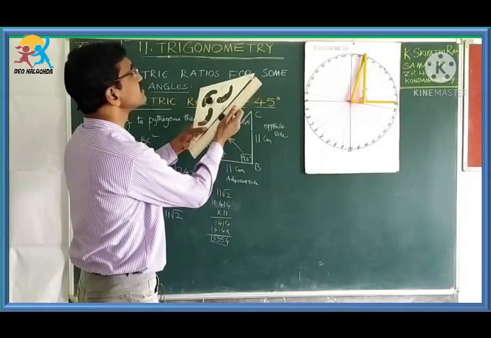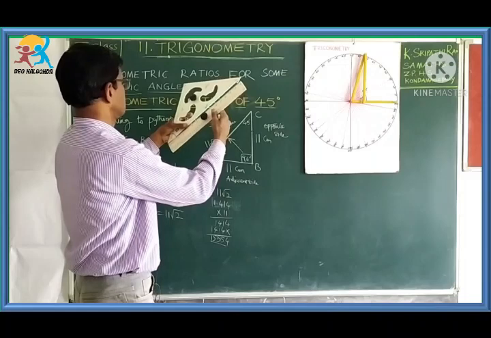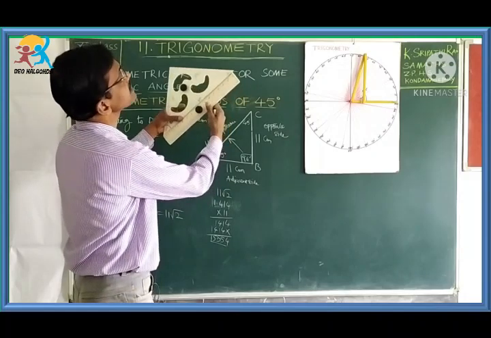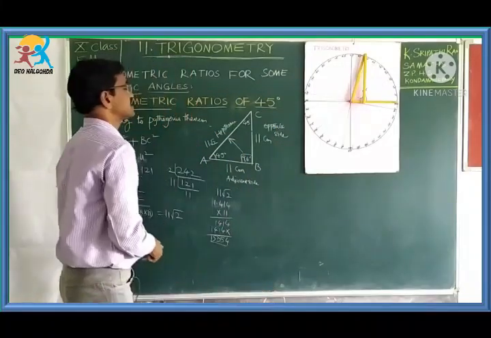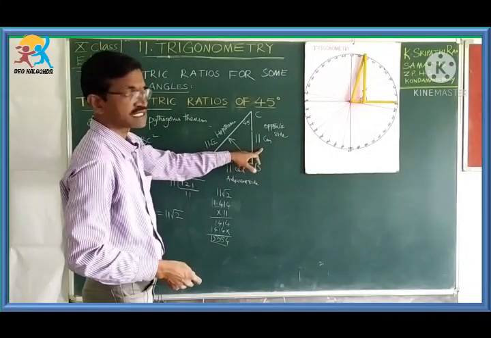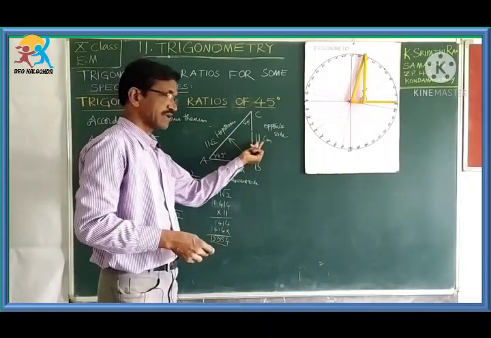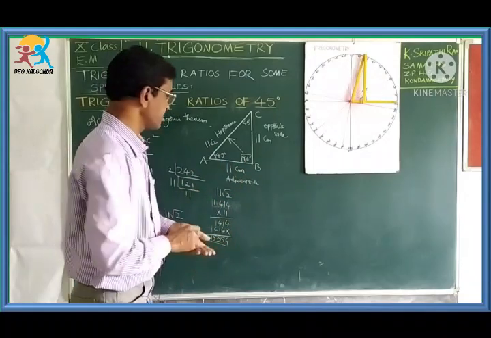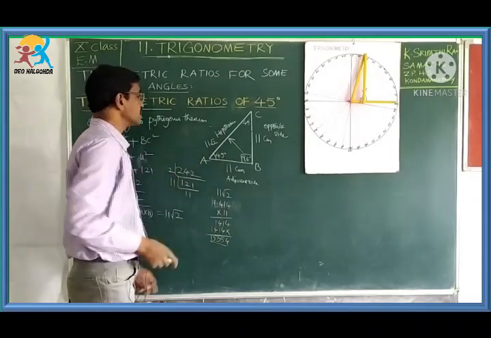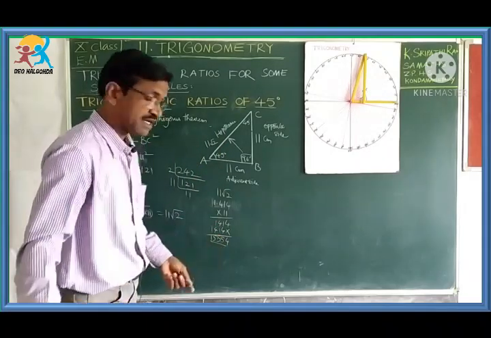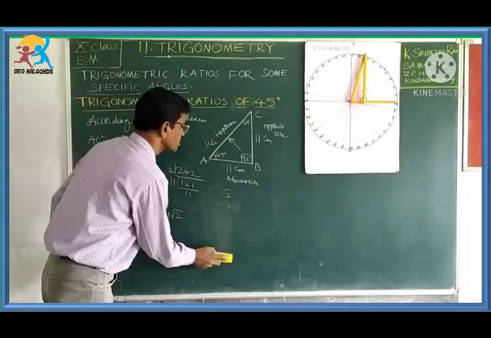If you measure this side, approximately it is 15 and another extra 6, 15.6. Here I have taken inches. Of course, you can take centimeters also. You can take either centimeters or inches, you will get the same numbers. So here we will get 16.5 centimeters. So this is an approximate value, but you have to take the accurate value, that's why I have taken 11 root 2 here.